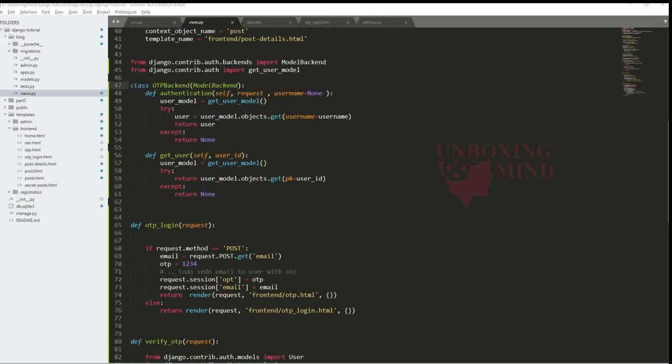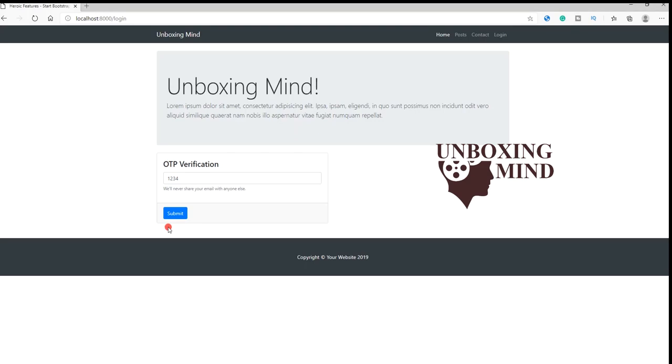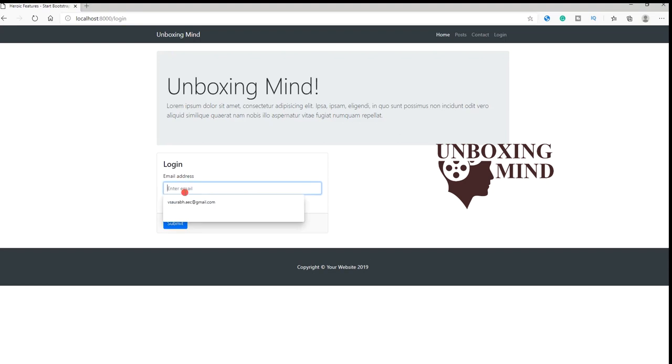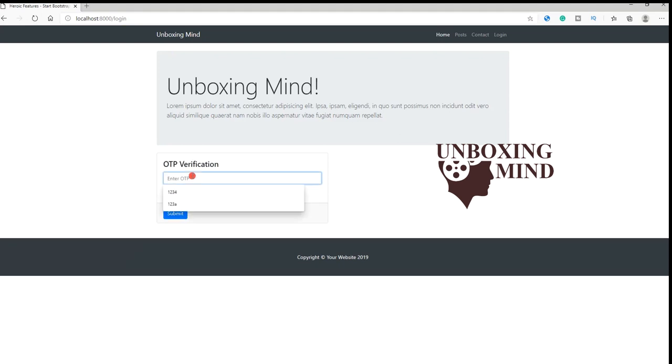And now we also need to complete this get_user function. Similarly, we can return the same object. Now we have done everything. Now we need to check our functionality. So now I'm going to refresh this page.